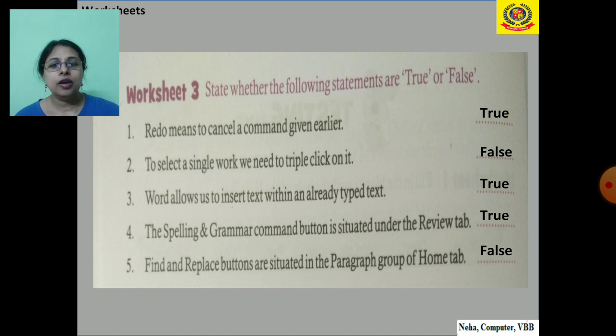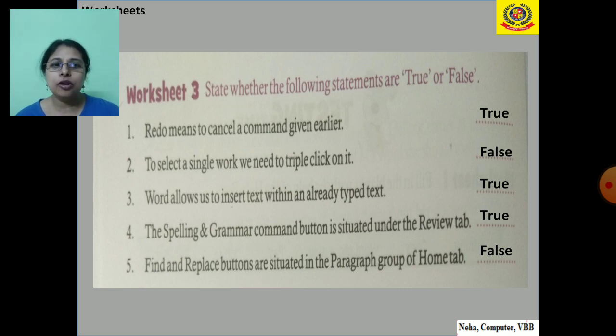Now the third one, Word allows us to insert text within an already typed text. True. If we have already typed our text or document and want to insert something, we can easily insert any word or sentence inside the document.